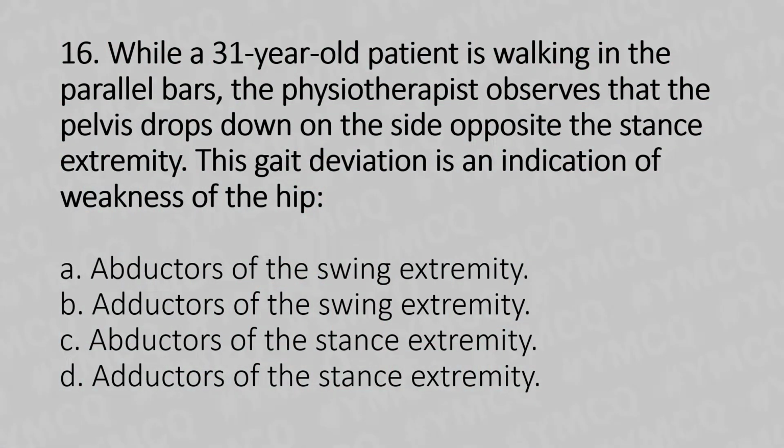While a 31-year-old patient is walking in the parallel bars, the physiotherapist observed that the pelvis drops down on the side opposite to the stance extremity. This gait deviation is an indication of weakness of the hip. Option A, abductors of the swing extremity. Option B, adductors of the swing extremity. Option C, abductors of the stance extremity. Option D, adductors of the stance extremity. And the answer is